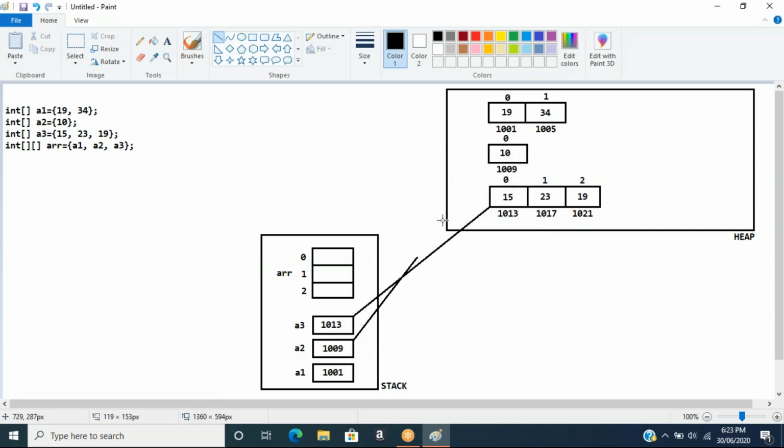Now indirectly, a3 will point to this array, a2 will point to the single element array, and a1 will point to this array. Currently, all are single dimensional arrays. Now, what will happen when you work with a jagged array is that a1's address is going to be dumped here. So a1's reference will be copied